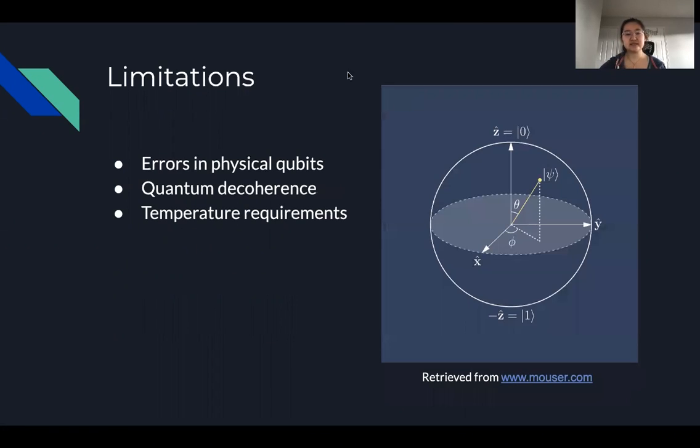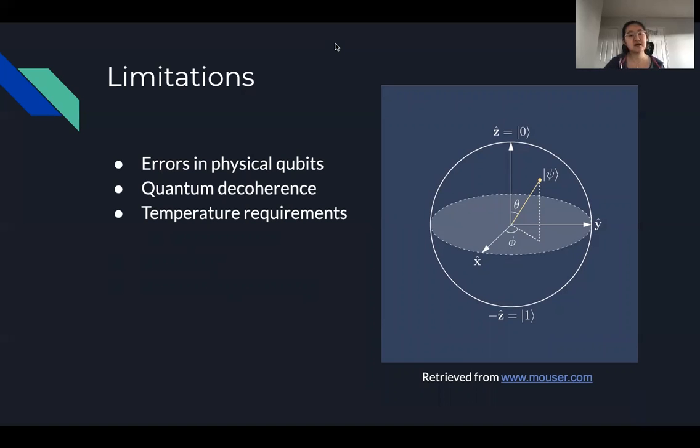So with that being said, there are some limitations related to quantum computing. The first of all being errors in physical qubits. The qubits themselves are not error resistant. So one way that researchers have been trying to solve this problem would be to group a bunch of physical qubits into one virtually error-free logical qubit, which isn't really practical because we need a massive amount of physical qubits to build one logical qubit, with the ratio usually in the thousands to 1, which won't get practical as you need more qubits.